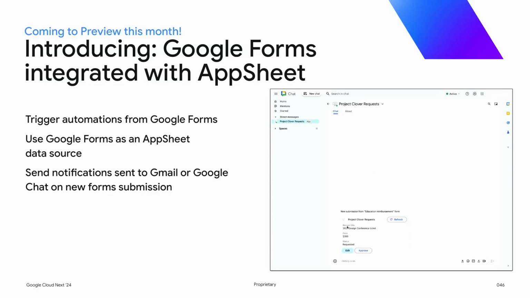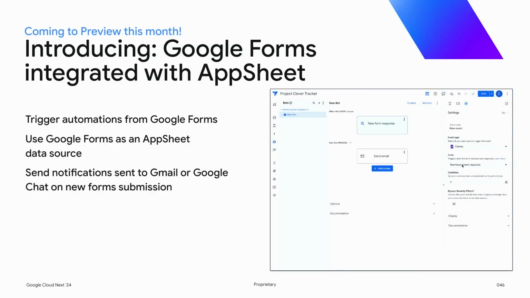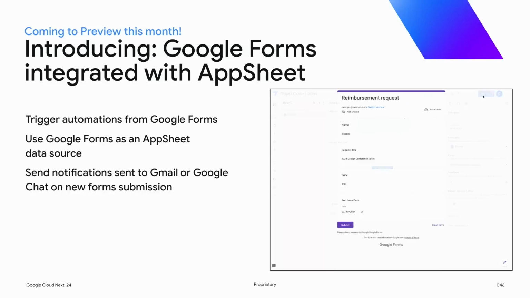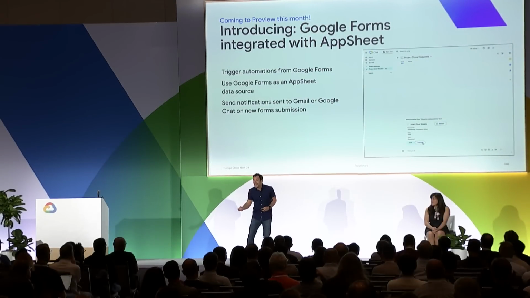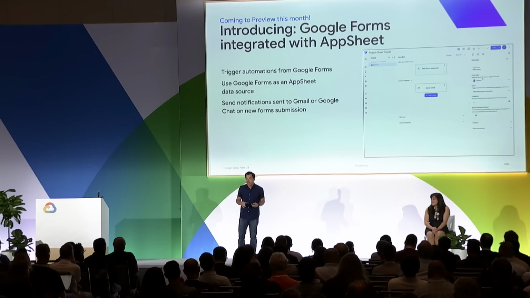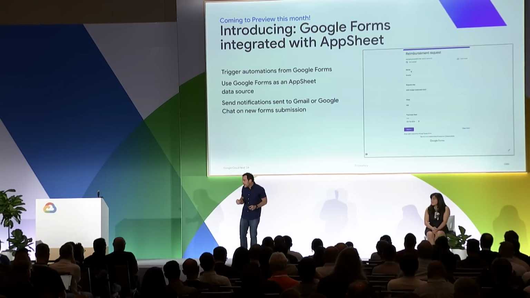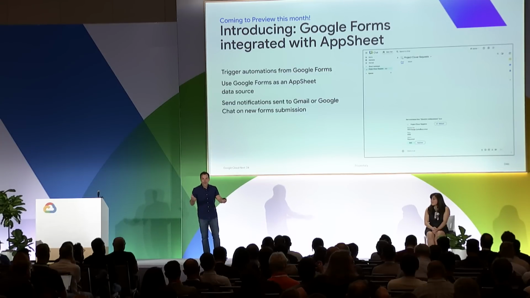The second key part of the Google Forms integration is what we call a trigger. And what that means is using AppSheet automation existing today, we can listen for a Google Form submission by a user who, importantly, does not necessarily need to be an AppSheet user or doesn't even need to have any idea that their form data is going to trigger a multi-step workflow process. This is another example of meeting the user where they're at. So when they submit that form, AppSheet, using its existing automation, can listen for the submission and then take a range of actions from that.